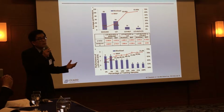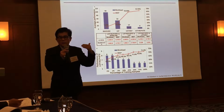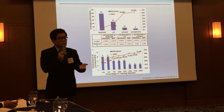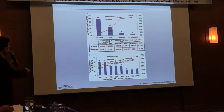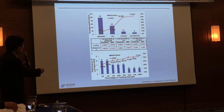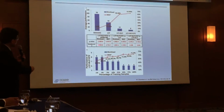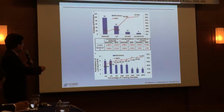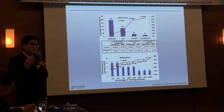Anyway, there are a couple of papers that have shown that this kind of approach can be implemented and will yield beneficial results, not only for physicians, but for clinical research faculty, staff members, and workforce. If you look at this slide, for example, the magnitude of workload for clinical research professionals has drastically reduced by applying this technology, from almost 1 to 8, which is 1/10. At the same time, the accuracy or performance has also increased drastically by applying one by one this kind of machine learning or deep learning technology. So it is a proven concept, but